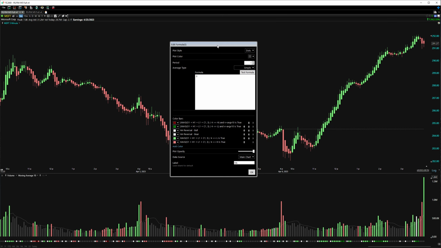But once you create the PCF, all you have to do is set the value to a constant. In this case, I just use 0 because it's easier to center on the vertical axis. And then set the plot style to dots. And then finally, the secret sauce is just to add expressions indicating the conditions that you're trying to point out. So in this case, I have a bunch of